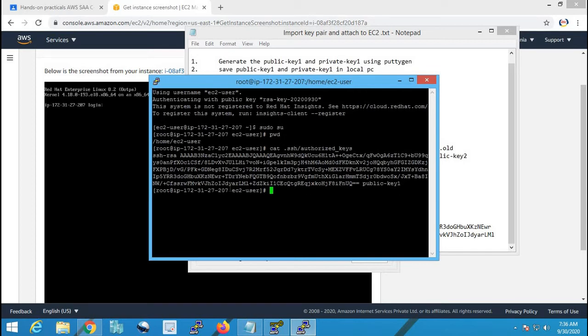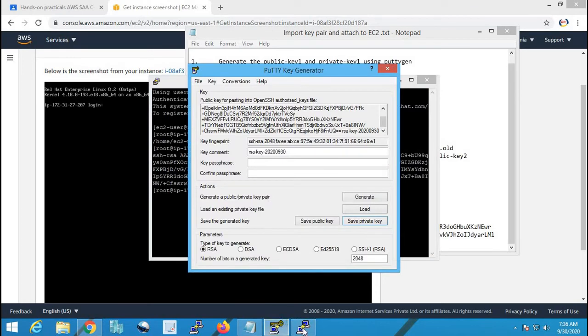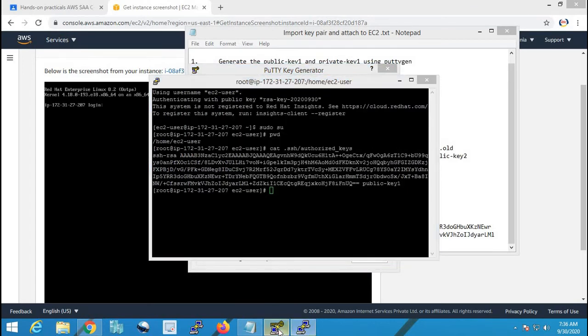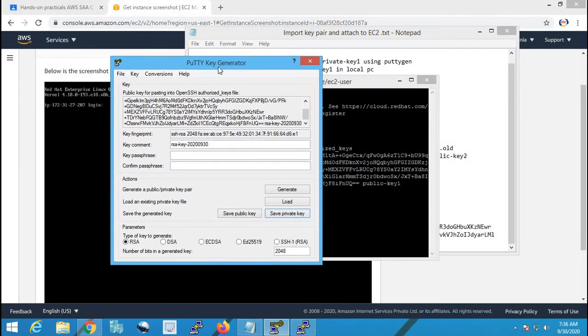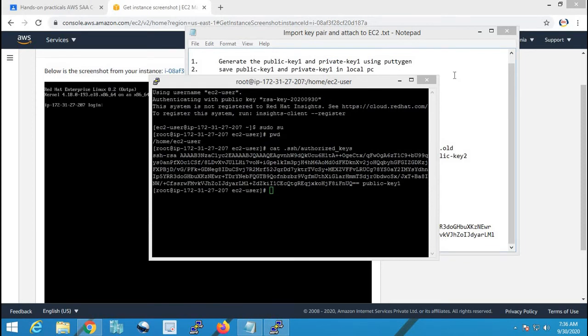So what I'll do is I'll generate a new key, and I'll delete this key and update my key to the authorized key. How can I do that? Again, I need to take the help of PuttyGen, and I'll close this once.